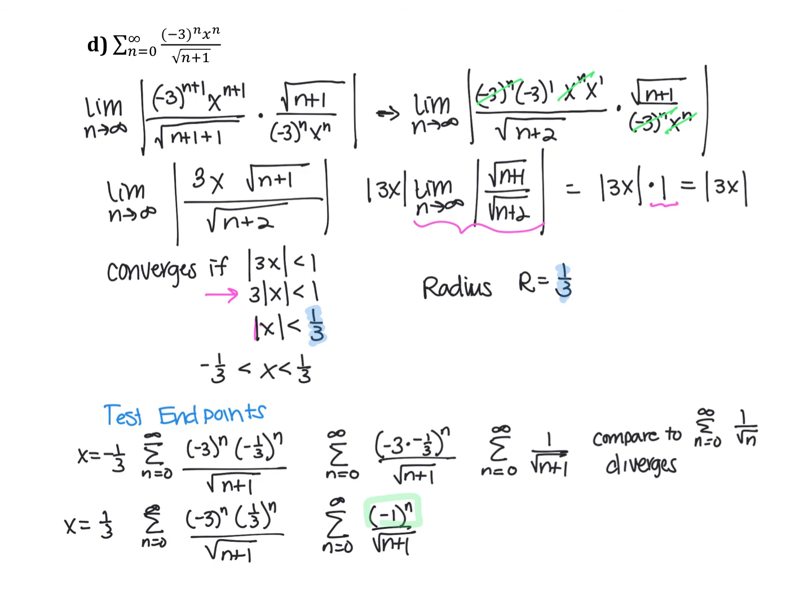It's alternating, check. We've got that much. What is the limit as n approaches infinity of 1 over the square root of n plus 1? Well, it's 0, so I've got that part checked. If I add another number to the denominator, will I keep decreasing in value? The answer is yes. So this actually converges